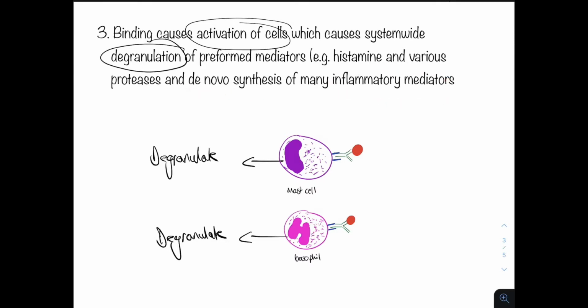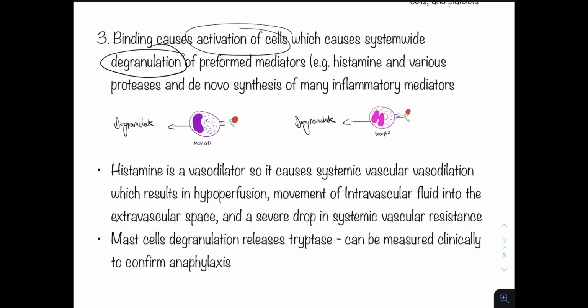De novo means that the cells synthesize brand new inflammatory mediators as they are activated. There are many potential mediators of anaphylaxis, including histamine, platelet activating factor, leukotrienes, etc. But here we shall be focusing on histamine, as histamine is a very important preformed mediator that is released when cells